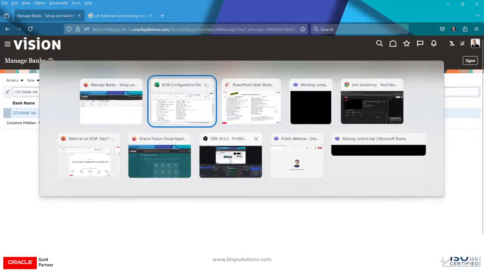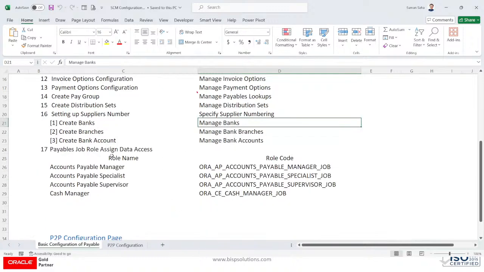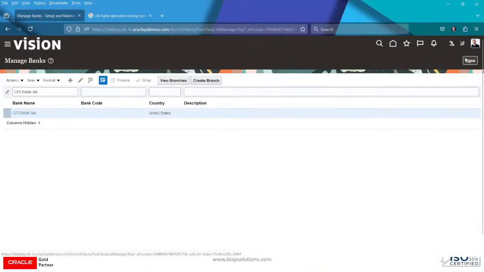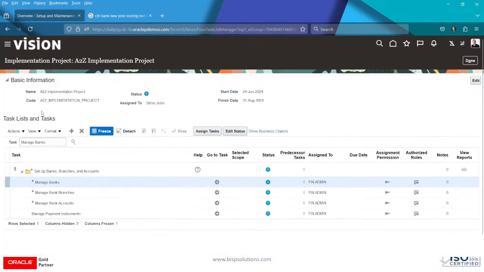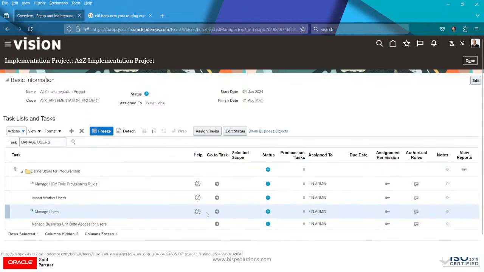So let's go to the next. We have created the bank, and we will provide the roles, that is these are the roles: payables manager role, payables specialist role, and the supervisor role, and the cash management role. I have already provided the roles to this user. If I go to the manage users, go to task icon,